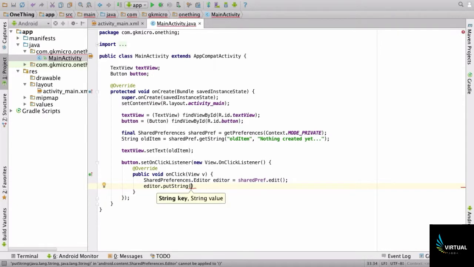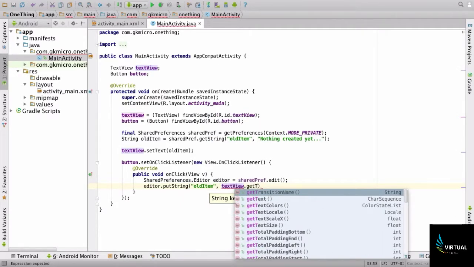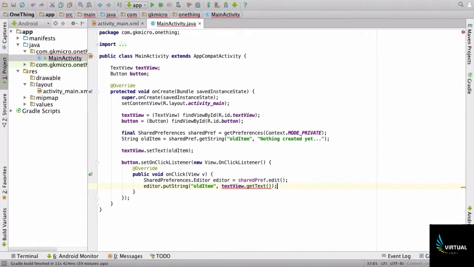It asks us for a key, and if you recall, we set this key as old item. And then it asks us for the value we want to put in, so we will say textView.getText and close it all off. And then finally, we just have a slight error there. So if I hover over there, we need to convert the getText to string. There we go, because it gets characters which aren't equivalent to a string. Finally, we have to commit that. So we say editor.commit();